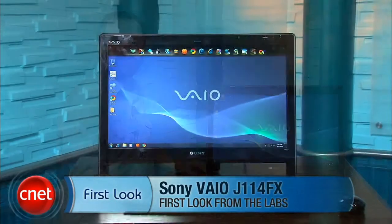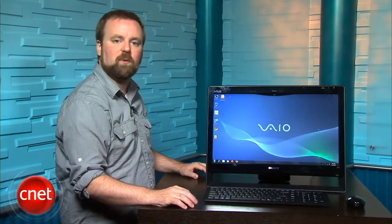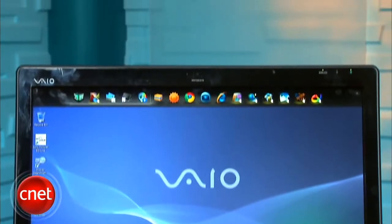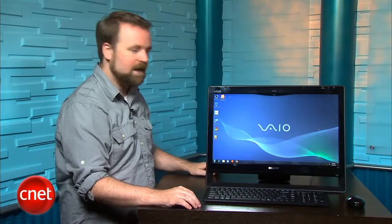Today we're going to take a look at the Sony VAIO J11FX. So this is a $699 all-in-one desktop. It comes with a 21.5-inch screen, Blu-ray player, and it also has a touch interface. That said, while this might seem like a pretty decent home entertainment PC, it's really a pretty poor value for the dollar. There are a number of other systems in this price range that have 23-inch displays, and in general